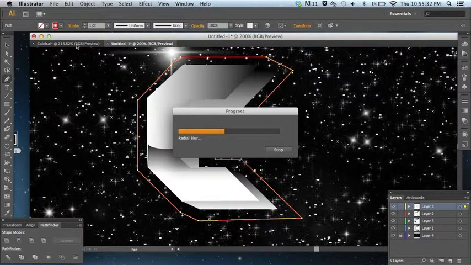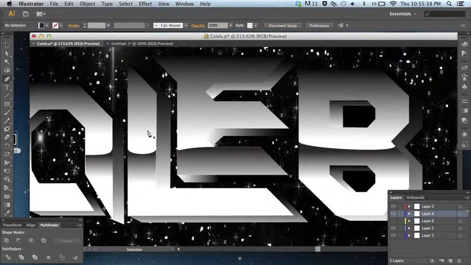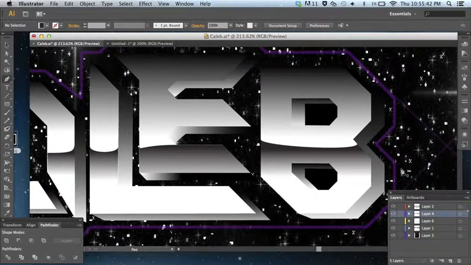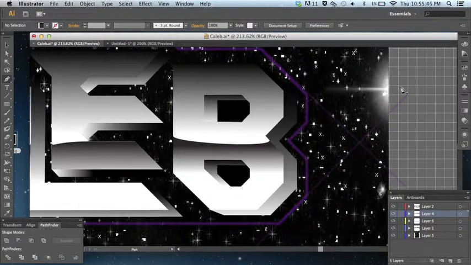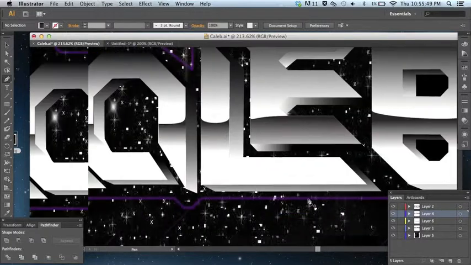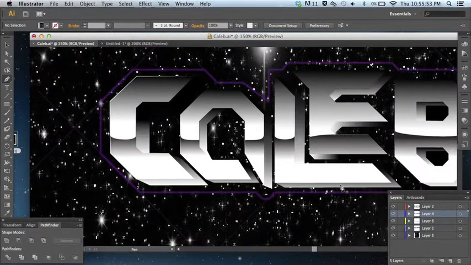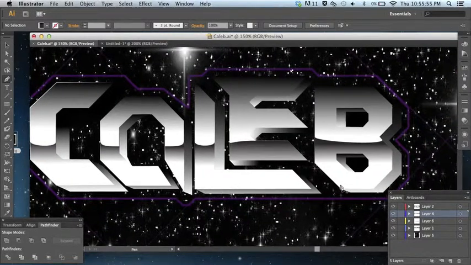I only have 1%. But pretty much you want to make it your outline like so. Just outline it. With the lines, you just draw a line and pretty much add the blur the same way. And that is how you make kind of a retro colored